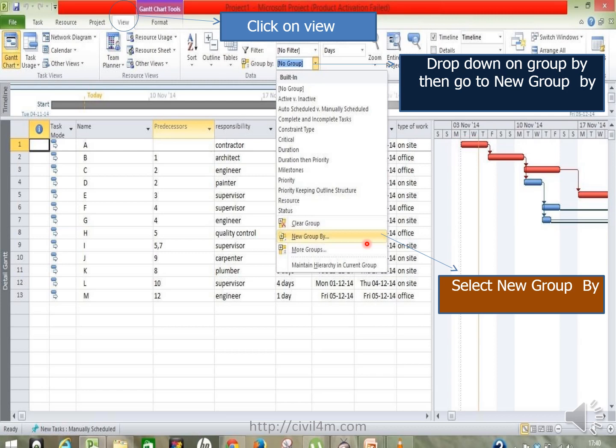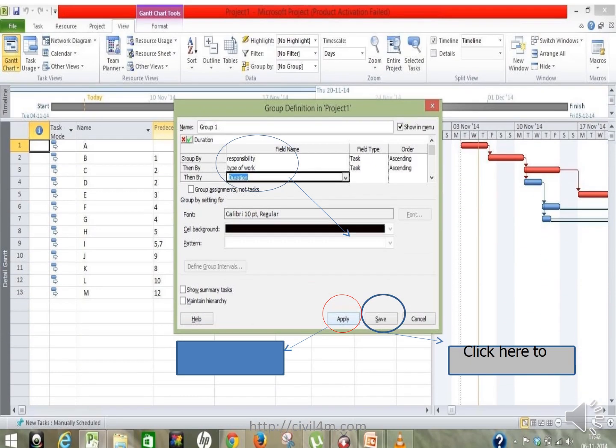Now you want to create a new group. Previously, what we said was responsibility; now you want to create a new group. Go to the View button and click View. Here it will show no group. Once you click this drop-down, you will have a new group or old group. So click on the New Group button, and a new group will come down, which you can name anything.